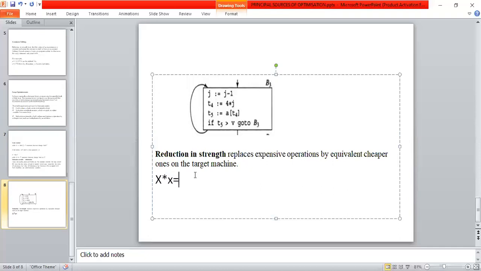This can be replaced with 2 plus x, like that. Here the multiplication is called an expensive operator and the plus is called a cheaper operator. So whenever you have expensive operators like this, we can replace them with cheaper operators.